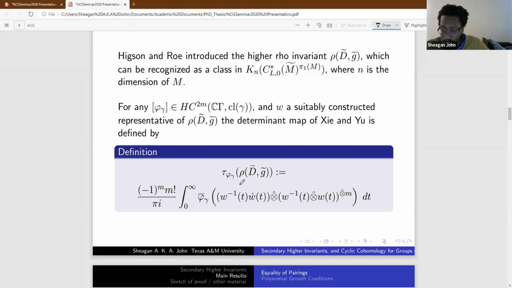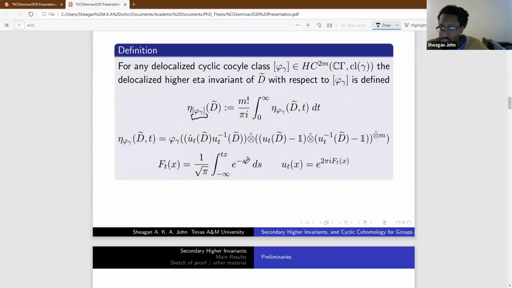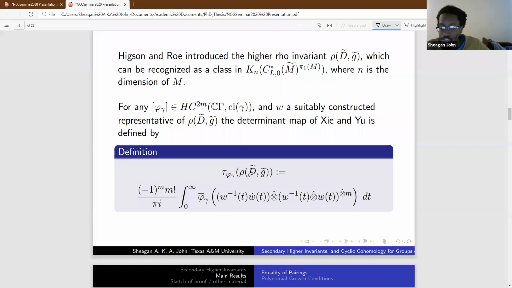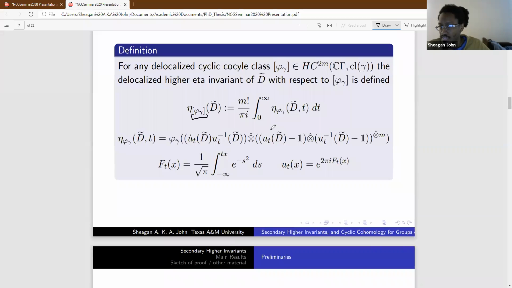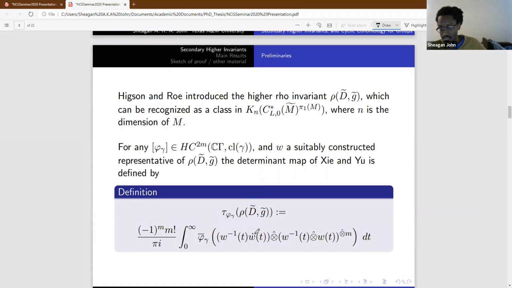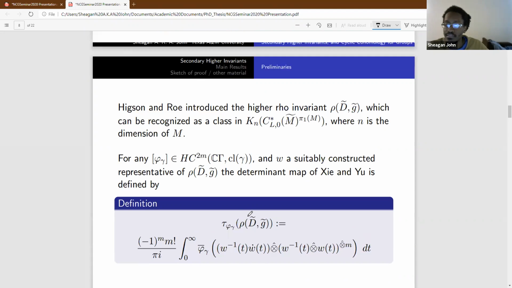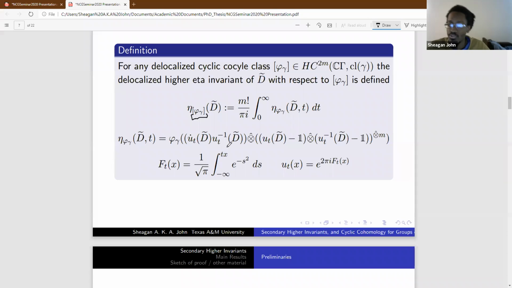Now, you immediately see certain similarities between the two. And in fact, that's part of what we want to investigate. That is, just how far do these similarities hold? Can we perhaps express our cyclic cocycle pairing here in terms of our